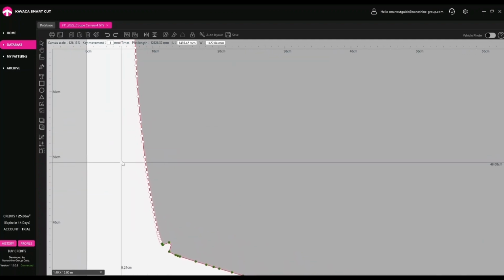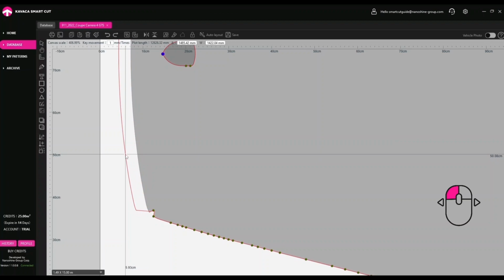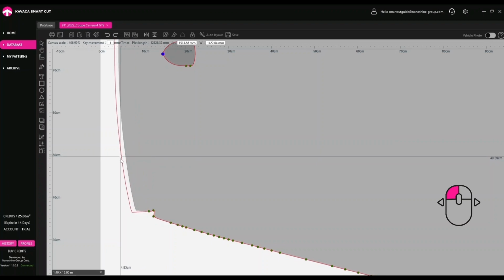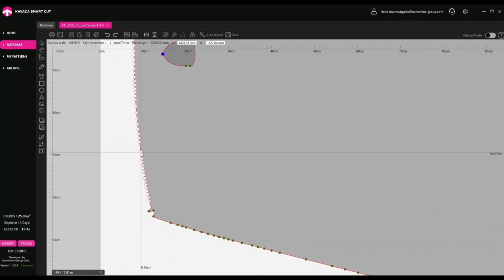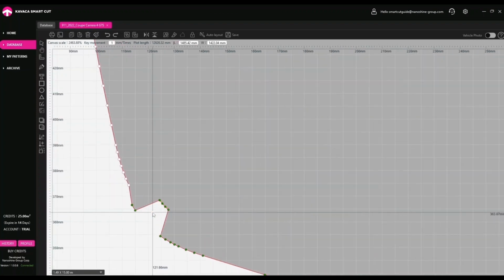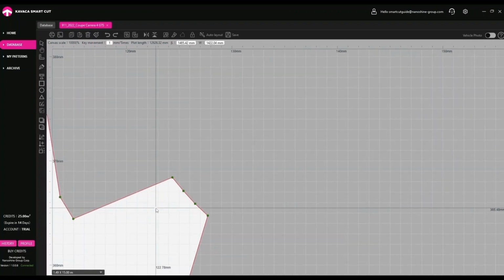You can move these points to any place, thereby changing the shape of the part in the right places. The closer you zoom in, the more dots are displayed on the pattern, and thus you can make more detailed adjustments if you need them.